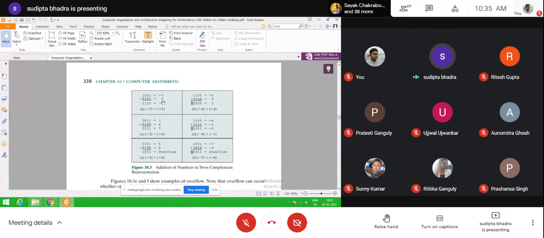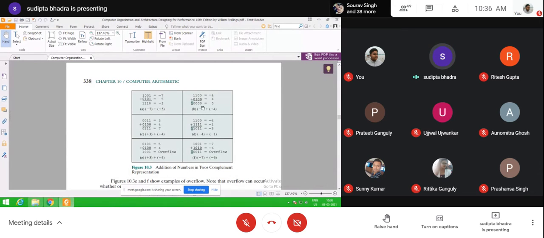Here you see -7 plus 5, then -4 plus 4, 3, 4, -4, -1. These cases are normal cases, and there is no such issue in respect of